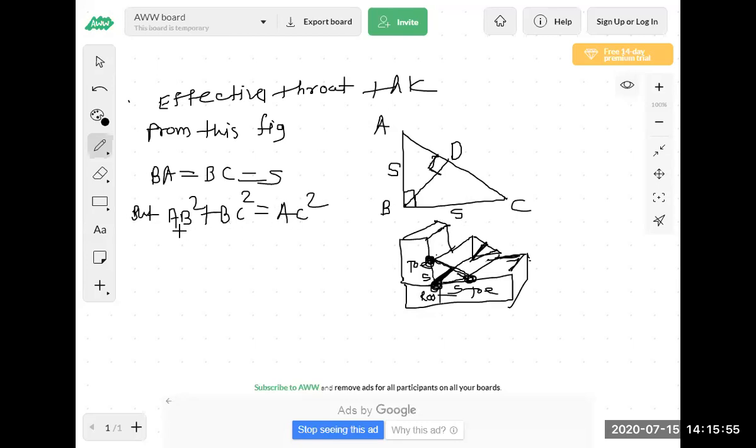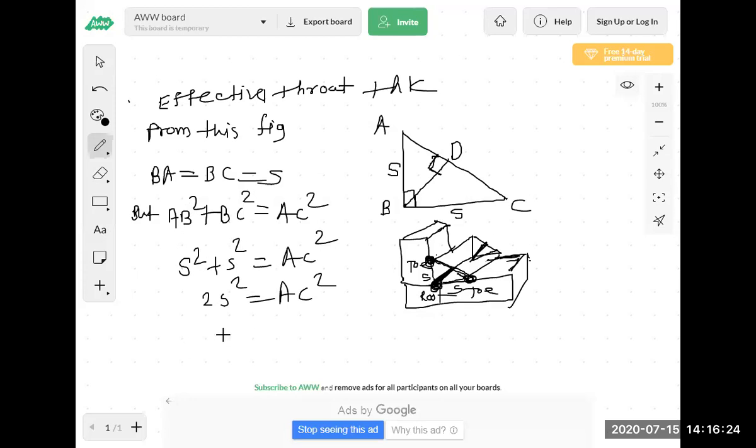Concentrate here. So here S square plus S square is equal to AC square. Now here we have to calculate AC. So 2S square is equal to AC square.